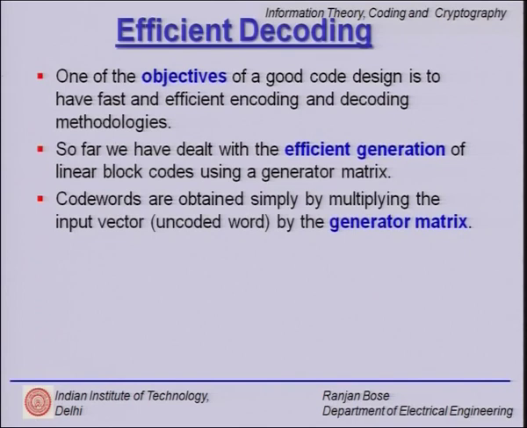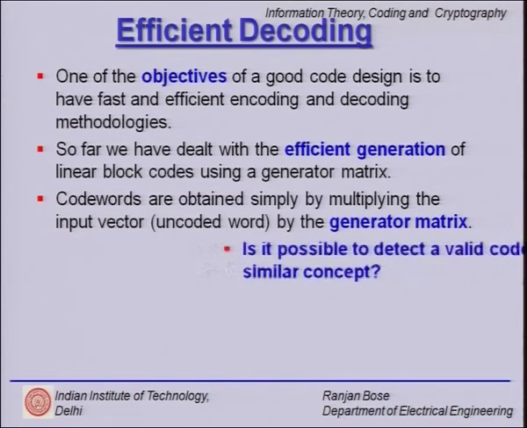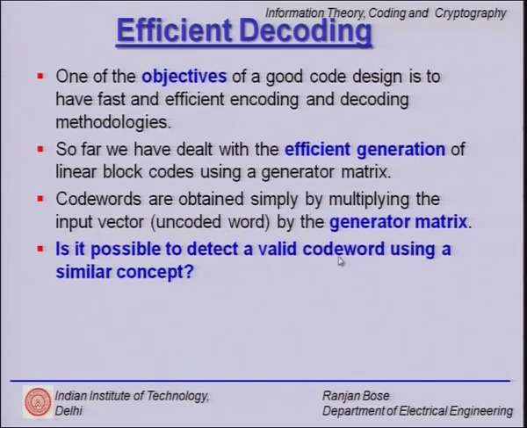Because we can't say that look, we have reduced the problem of the lookup table at the transmission side, but at the receiving end why don't you have your lookup table? You've received a valid code word, look it up and reverse and try to get back the original information word. So is it possible to detect a code word is valid quickly? One of the ways, which is inefficient, is to go through the long lookup table and check whether it matches, but that is a pain. So the question is, can we have a very nice matrix representation to do the same thing?